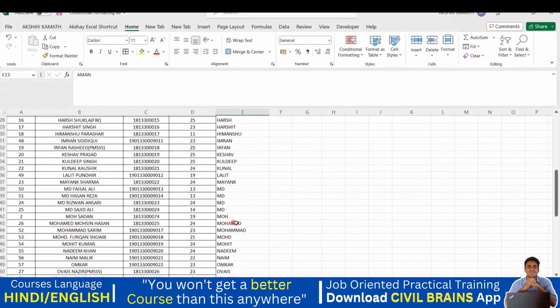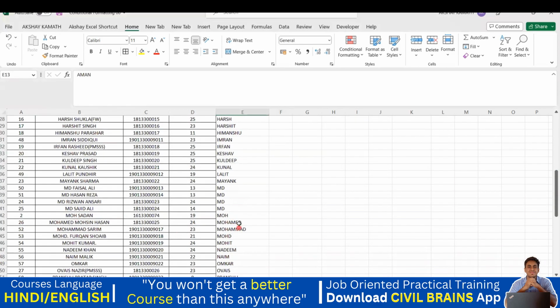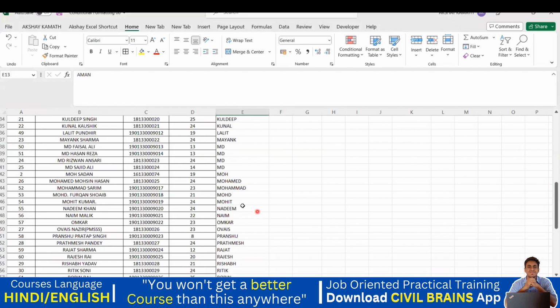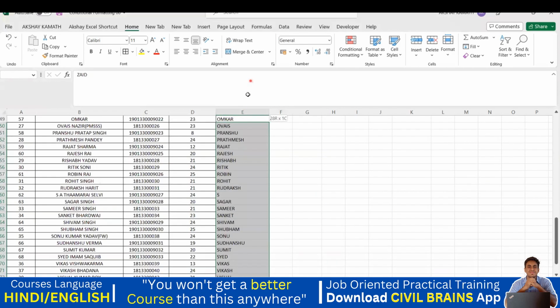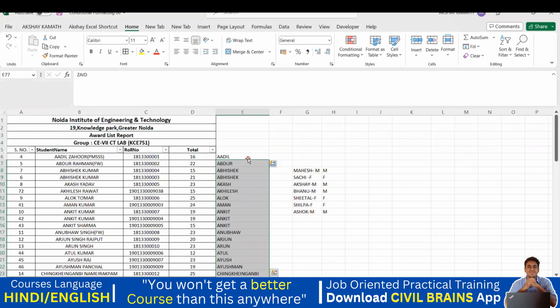Here everywhere it is fine. So here see Mohammed, then again Mohammed. The first letter you can see Mohit, Nadim, everything it's able to give. No problem with this. But now if I delete this and